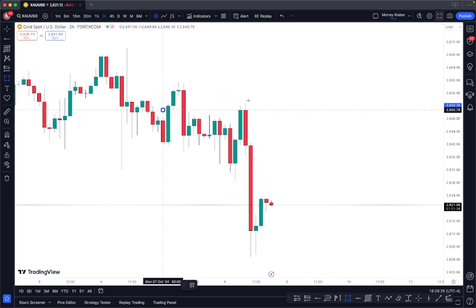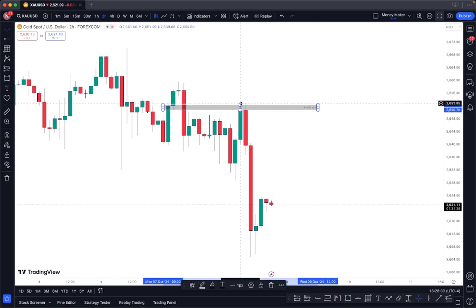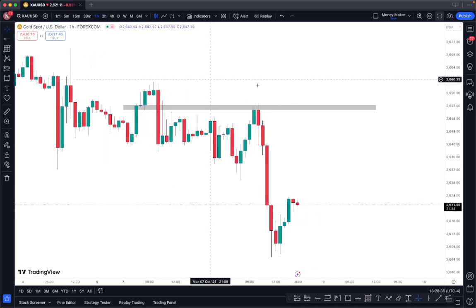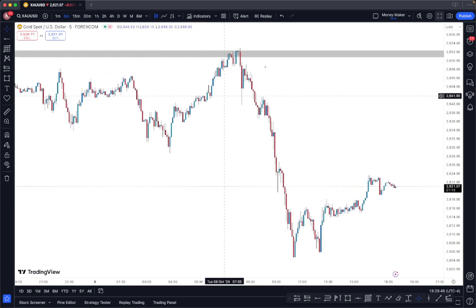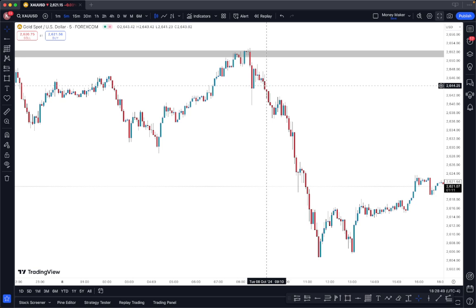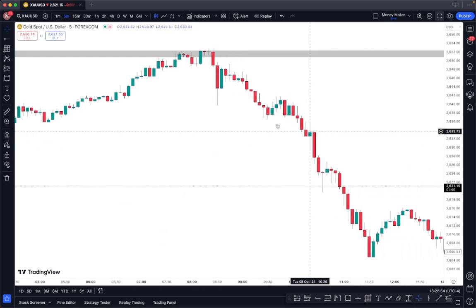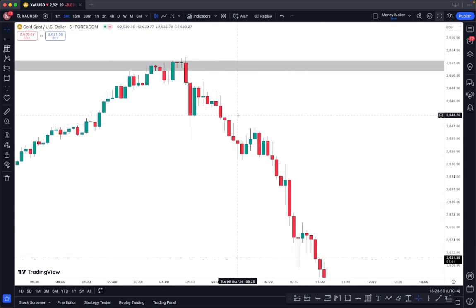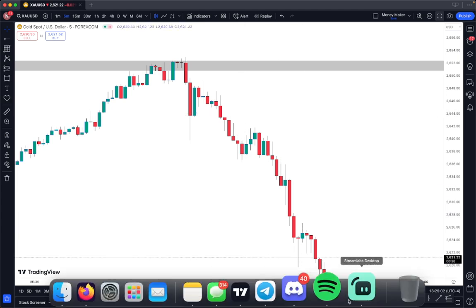On my 2 hour time frame, there was a zone here, so you can see the support becomes resistance. I could have sold from here, but I was waiting for my confirmation because I didn't want to jump into the market. Then I saw this candle here, which ended at 9 a.m. Eastern time. After the candle closed, what do I need to do? I need to wait for a new support on the M5 to be formed and broken out of before the 1 hour candle closes. So I kept on watching, and I saw the support created at